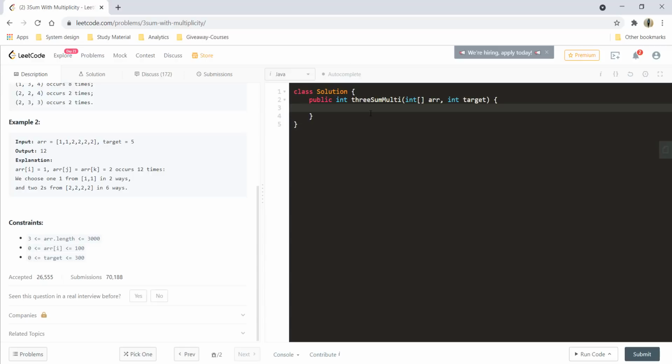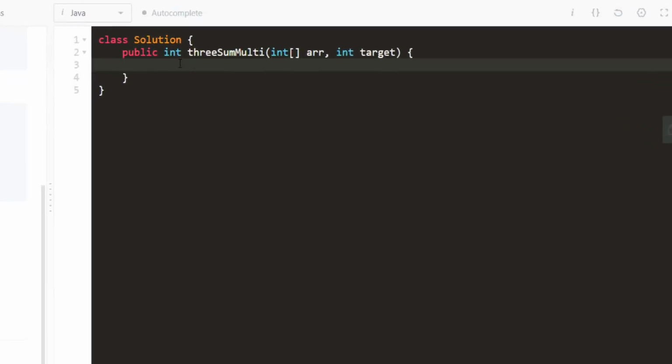So the basic brute force approach over here would be using 3 pointers. First, fixing a pointer, that is i, on an index, then fixing j on an index and finding whether we can get a k. And then we can move our i, j, k accordingly. So let's write a brute force solution and then we'll see a more optimized solution of it.